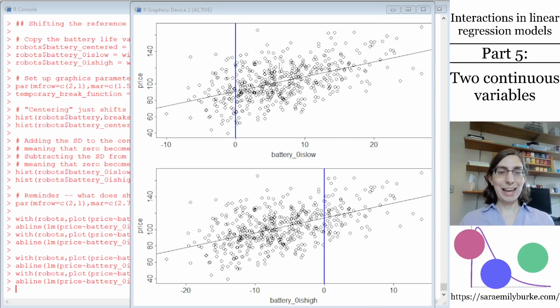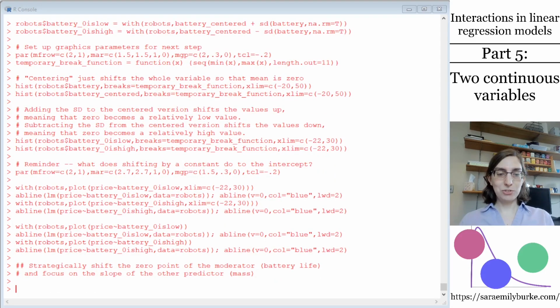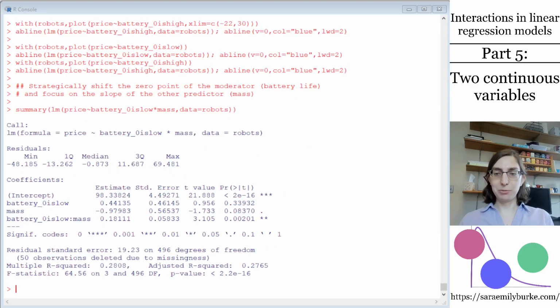That's why adding a standard deviation to the centered version of the variable makes the reference point be at low battery life, and subtracting a standard deviation from the centered variable makes the reference point fall at high battery life. We're going to use this strategy of adding and subtracting constants from the distribution of battery life in order to strategically shift the 0 point of that moderating variable, battery life, to understand the conditional slope of the other variable,